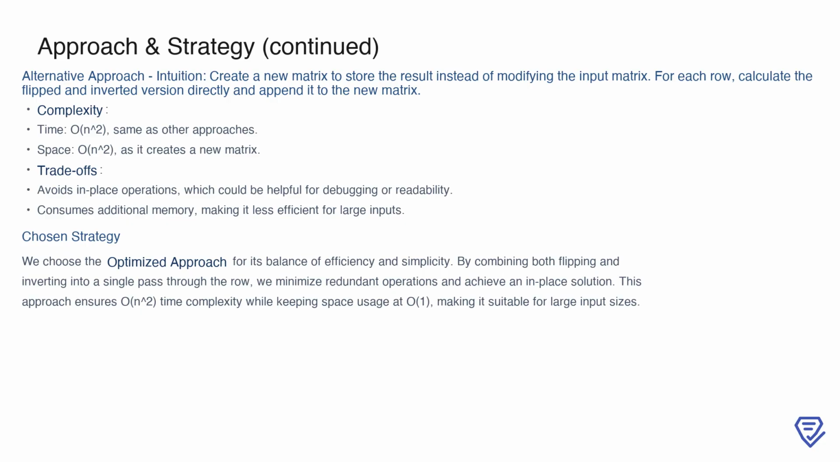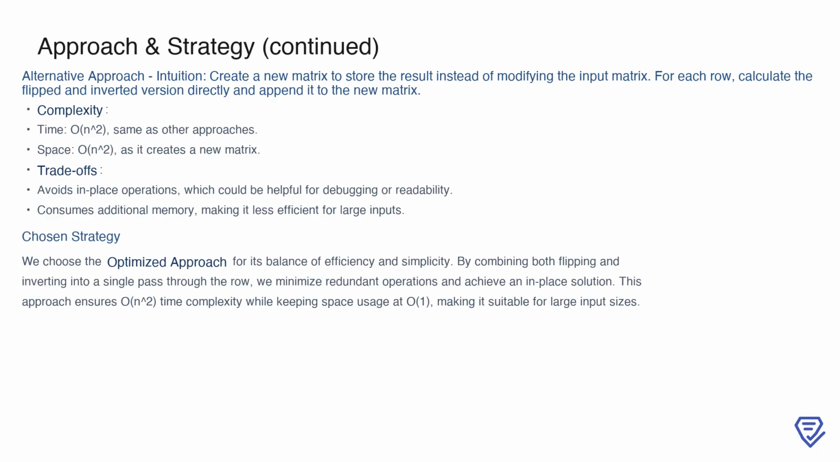The space complexity is O(n squared), as the new matrix requires storage proportional to the size of the input. This makes it less efficient for larger matrices, even though the time complexity remains O(n squared), just like the other approaches. Overall, while this method can be useful for certain cases, it is less suited for scenarios where memory efficiency is critical. For these reasons, the optimized approach strikes the right balance between efficiency and resource usage, making it the